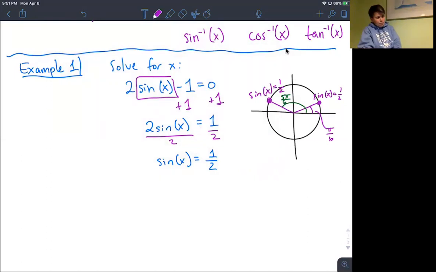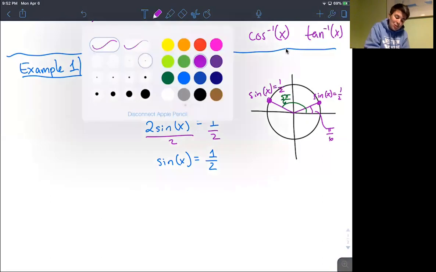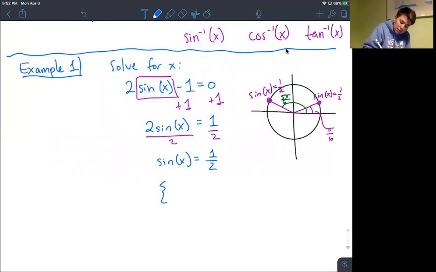Okay, so we have 2 possibilities where we have the sine, or the y value, on the unit circle equal to positive 1/2. Y'all, the problem originally asked me to solve, which means my answer is going to be, that's right, in a solution set. So let's put our fancy squiggles there. Pi over 6 was the first place, and then 5 pi over 6 was the second place,